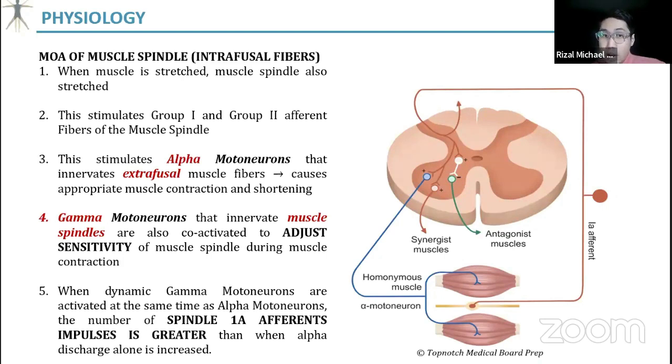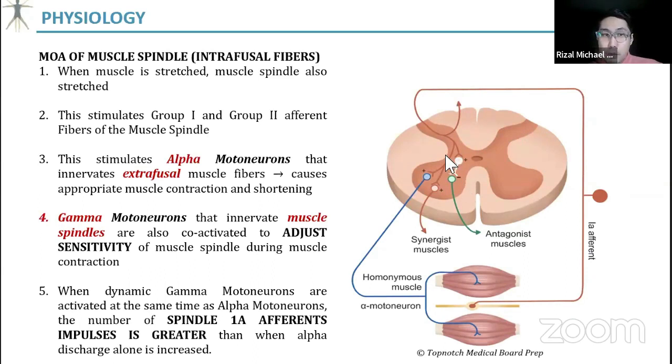It's either 1A afferent or the type 2 fibers, no? But the primary afferent is 1A. So 1 na siya, A na siya na yung primary afferent mo, no? Secondary afferent mo is yung type 2 fibers. So, since afferent siya, since sensory siya, pupunta siya dito sa dorsal horn ng gray matter ng spinal cord, right? And then sa gitna, sa mismong gray matter ng spinal cord, andyan yung mga interneurons mo.